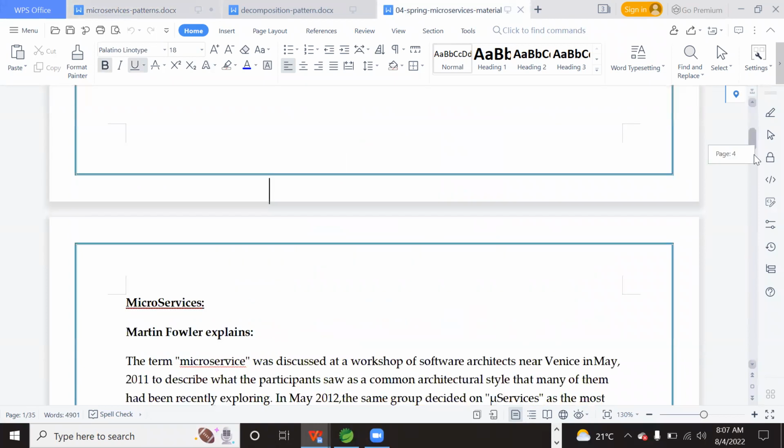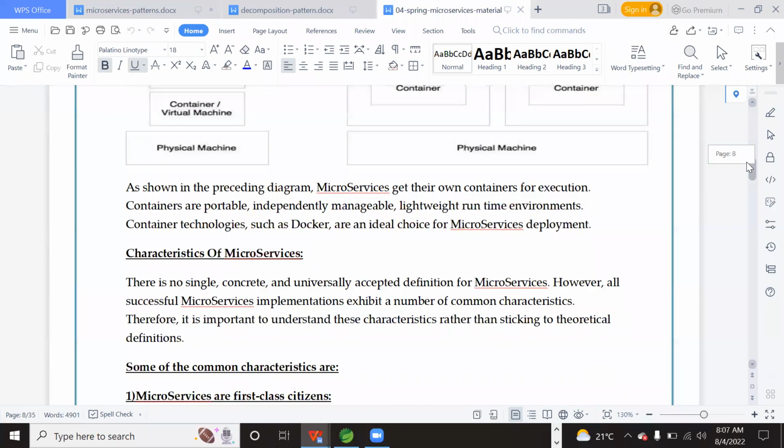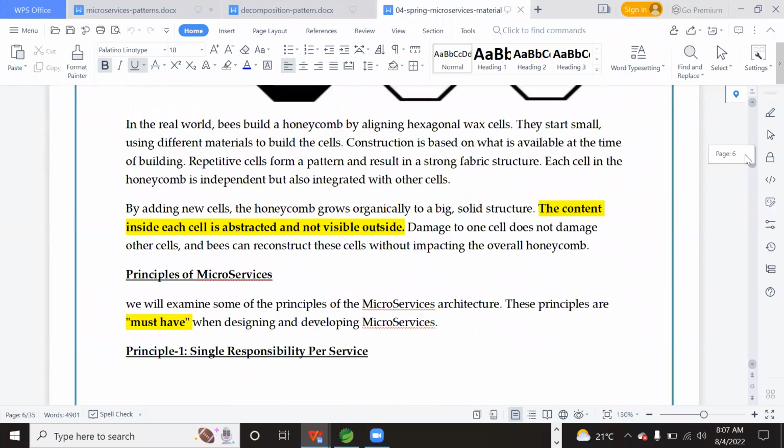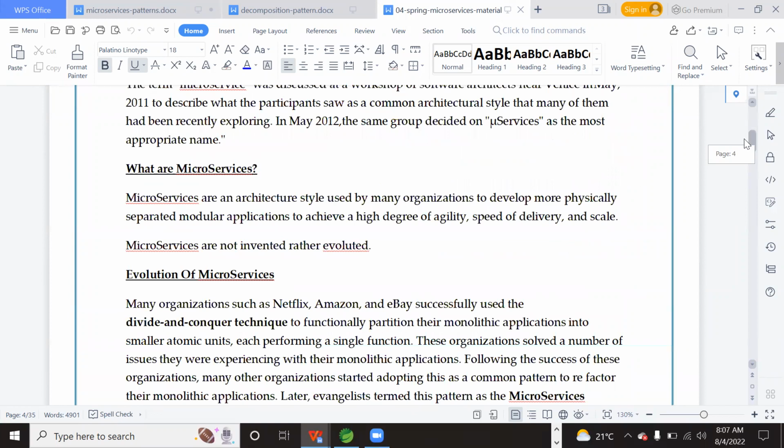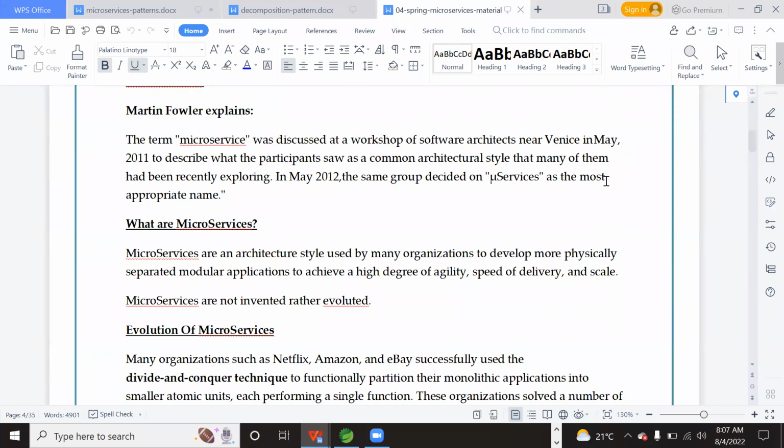Just let me double check. Yes, principles. Yes, in 2012, not 14, in 2012, the microservices were evolved.